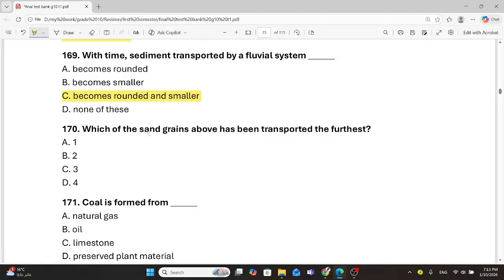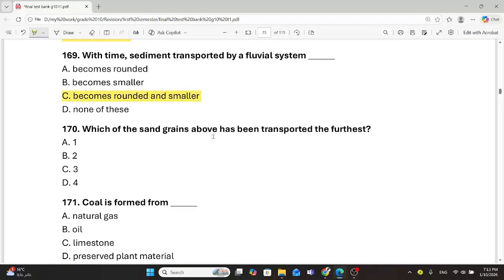Which of the sand grains above has been transported the farthest? 1 ولا 2 ولا 3 ولا 4؟ Which of the four grains above has been transported the farthest؟